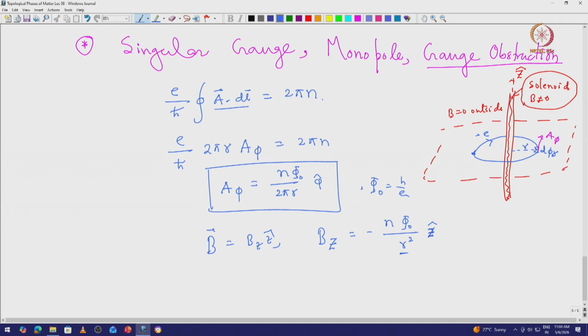Okay. So now I see that it scales with 1 over r square. So it is singular here: as r goes to 0, it diverges, and then it is radiating as 1 over r square, such that it is like a monopole charge which is radiating with 1 over r square. And then if you take a solid angle anywhere, at any r distance, the total area will be 4 pi r square, and you will see that the flux will be conserved, which means we can define